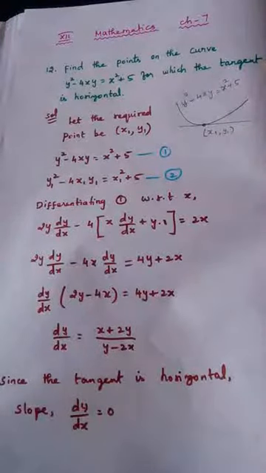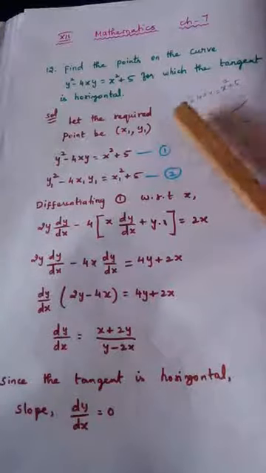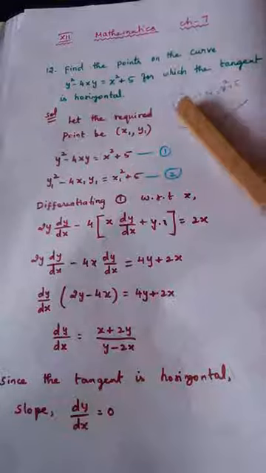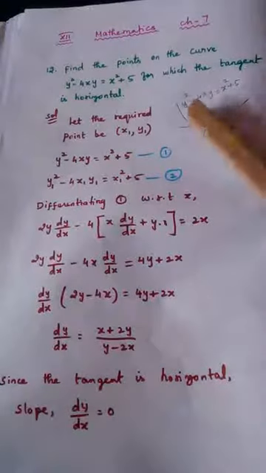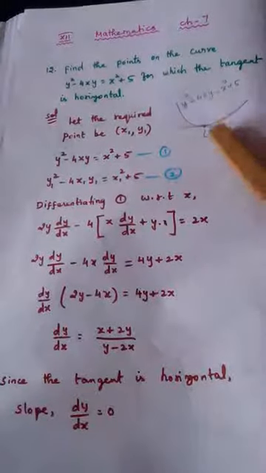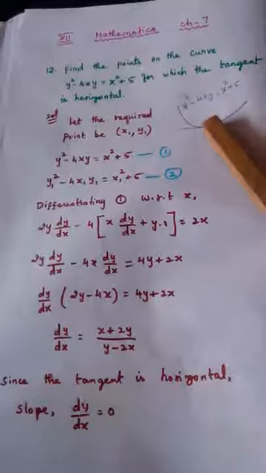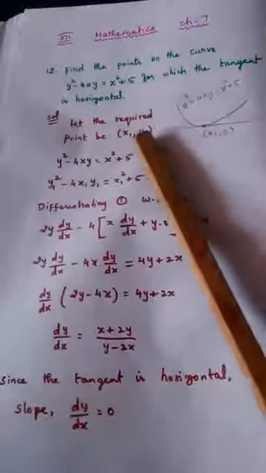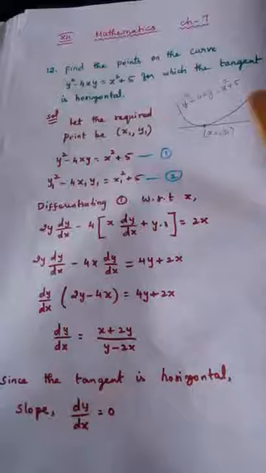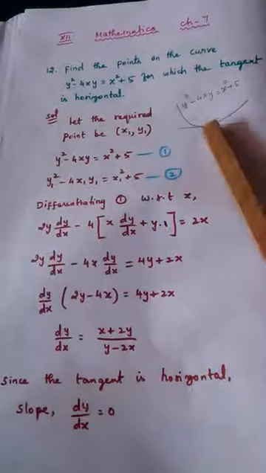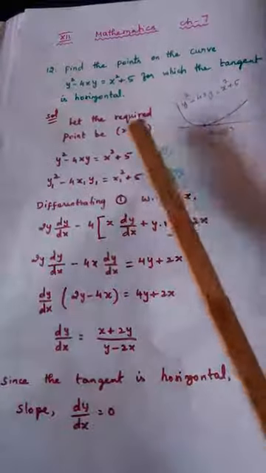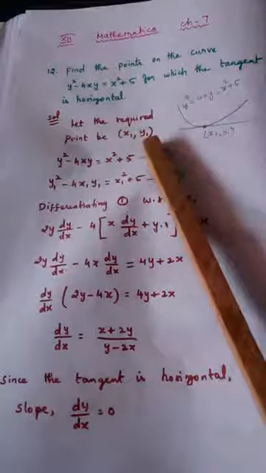One thing I'll make it clear, this is not an original diagram, rough diagram. Just for our understanding, we draw this diagram. For example, if this is the curve for this equation, then we have to find this point x1 comma y1. What is this point? That is the question, where through that point, if I draw a tangent, the tangent should look horizontal. So this is the point that I have to find out. That is the question. So since we don't know that point, it is taken as x1 comma y1.